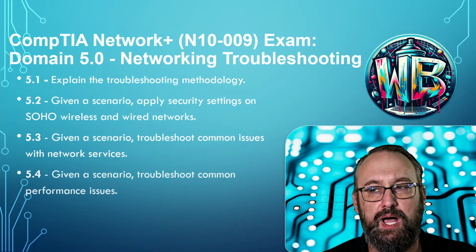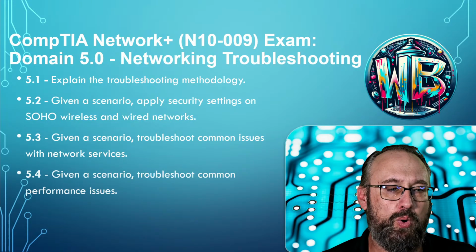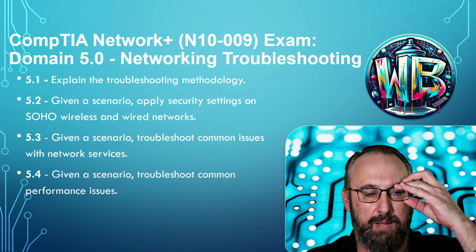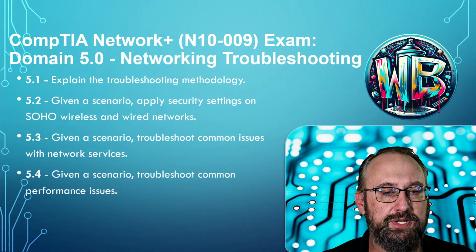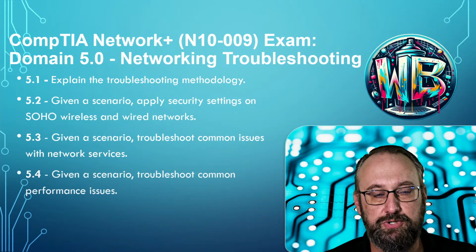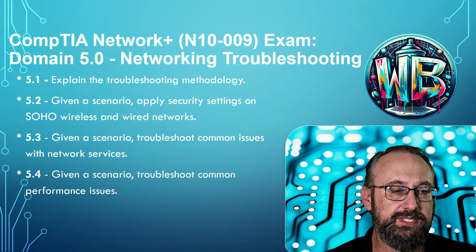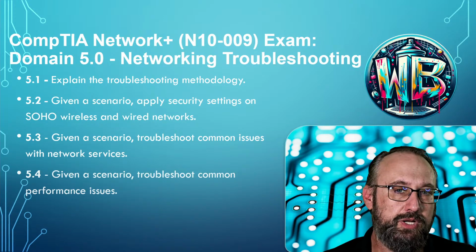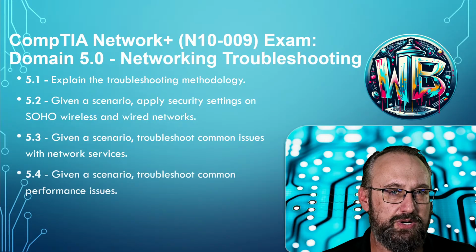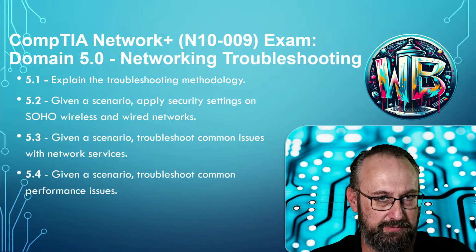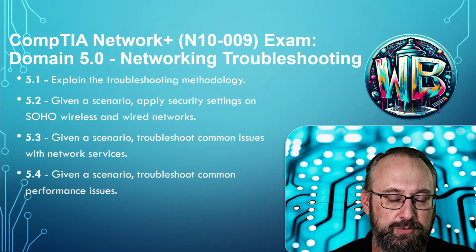Then we go into 5.4, right? This is given a scenario, troubleshoot common performance issues. And this is where wireless does come into play when we talk about troubleshooting. So you're going to have to troubleshoot a variety of different things, like, for instance, congestion, bottlenecking, bandwidth issues, things that we have to worry about in, for instance, voice over IP communications, right? Jitter. Right, that's when there's a variation in the sequential delivery of data between source and destination,